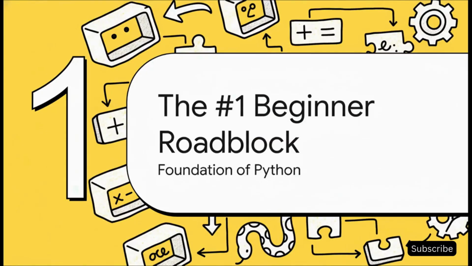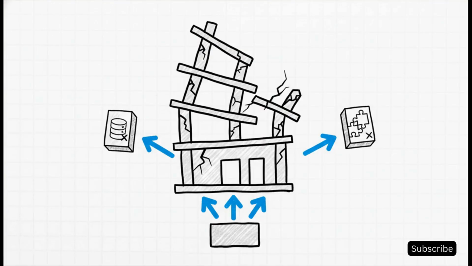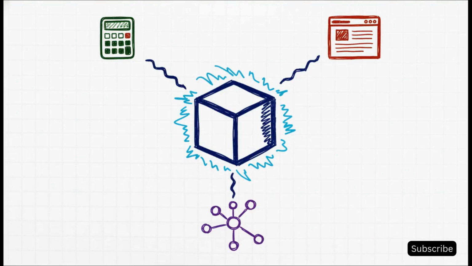So why all the fuss about this one concept? Well, because it's not just some random feature. Variables are the absolute foundation of everything you do in Python. Think about it. Without them, you literally can't store data, you can't solve problems, you can't build anything useful at all. This is the roadblock where so many beginners get stuck, and they start thinking Python is way harder than it really is. But here's the awesome part. Once you get this, I mean really get it, everything else in Python just starts to click into place. We're talking simple math, building web apps, even tackling the big stuff like data structures and algorithms, or DSA. It all starts right here.